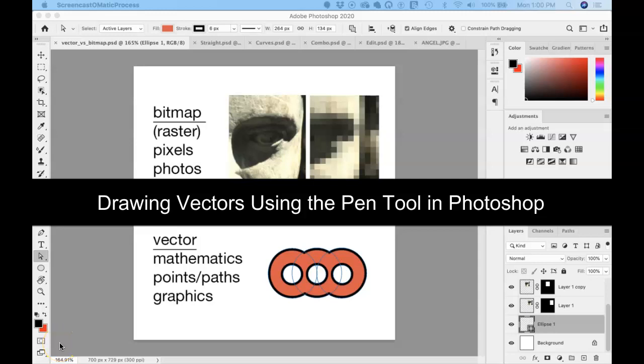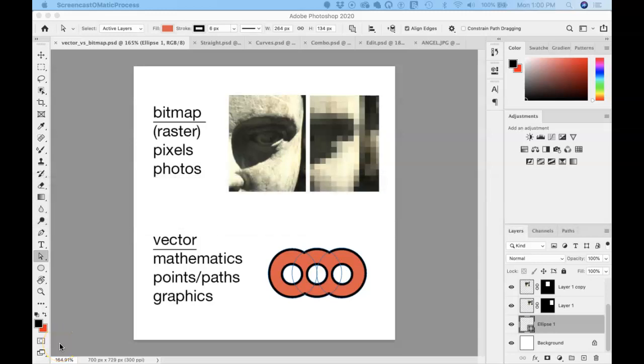Let's take a look at using some of the vector tools in Photoshop. The most important vector tool in Photoshop is the pen tool, and it creates vector objects, which are made up of mathematics. They're composed of points and paths, and they're predominantly used for creating flat, more decorative graphics. Photoshop isn't really known for creating vector graphics. That's Adobe Illustrator. That's what it does. That's its forte. But Photoshop uses tools like the pen tool to create some of these more simple graphics, simple